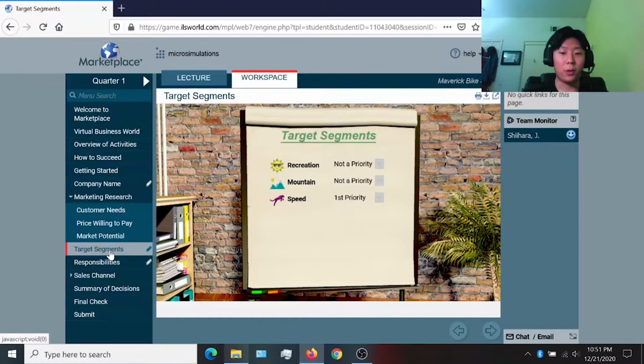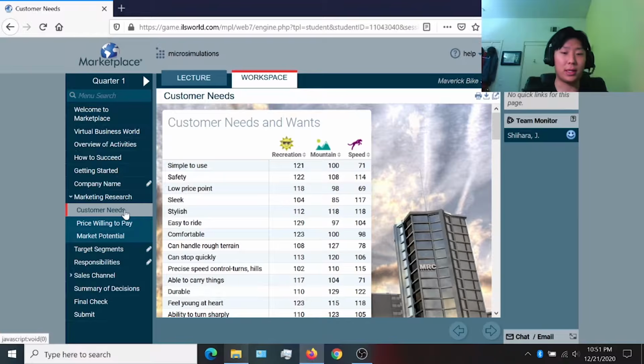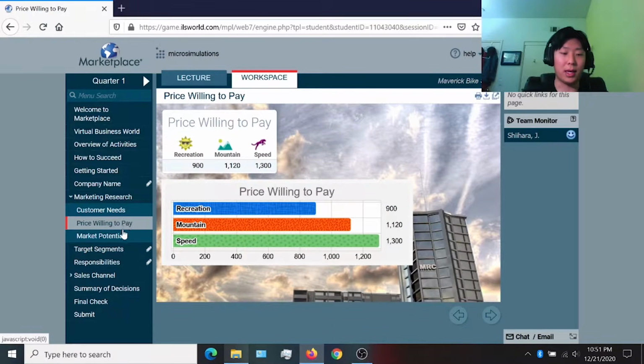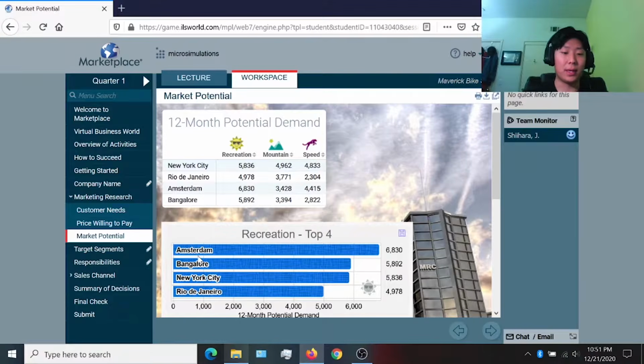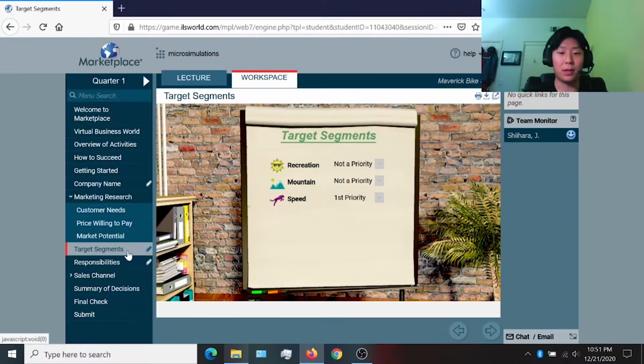So in quarter 1, you want to come up with the strategy of how to play this game, and a lot of that revolves around who is your target audience and how are you going to meet their needs. And so we can look at the information that they give us. They give us customer needs and wants, the price they're willing to pay, and the marketing potential. And based off of that information, you're going to pick whatever target market that you think you're going to get